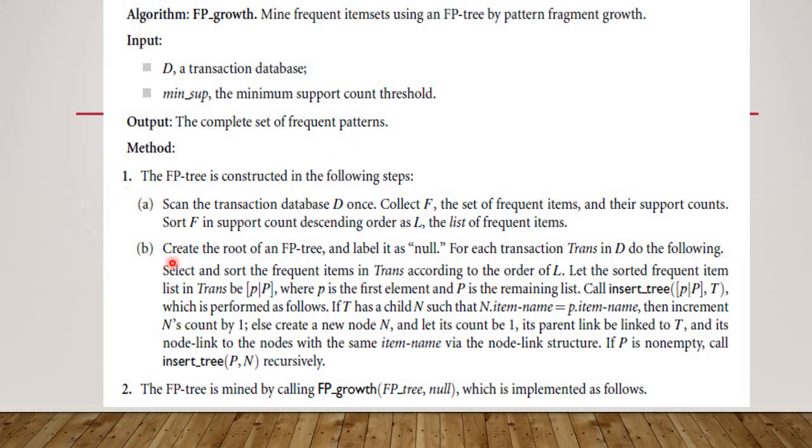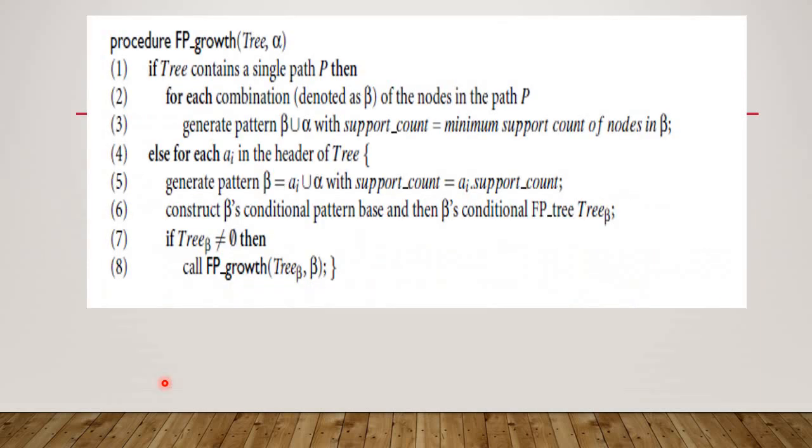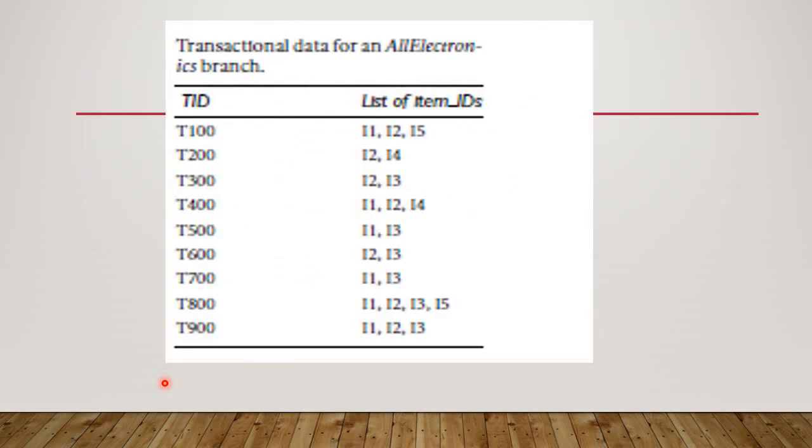The methodology of the algorithm has two main steps. The first step is the construction of the FP tree, and the second step, what you can see here, is a call to FP growth, which is used to obtain the frequent patterns from the constructed FP tree. So just trying to recall the problem that we had seen in class so that we can understand the algorithm in an easier way. The first FP tree problem which I had solved in the class